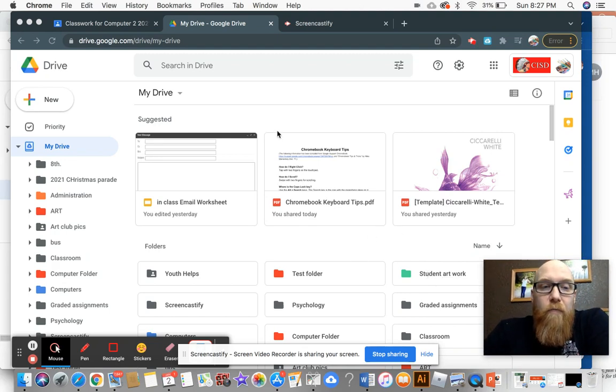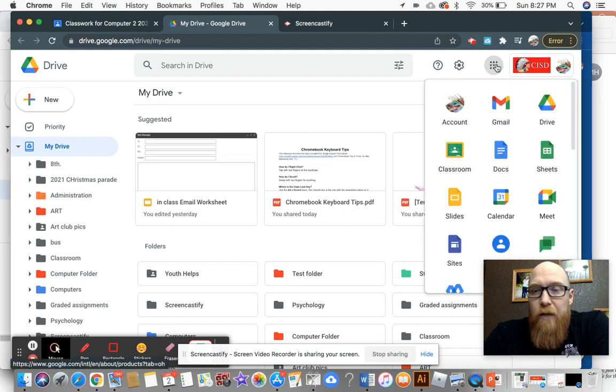Just going to go over this week's lesson and what you need to know to complete the Google Drive lesson. As you open Google and you go to your apps, you need to bring up Drive. If you don't know how to do that, you can simply type in Drive, or if you come up here to the top, right here, you'll see the 9 dots up here. You can click that. That should come up on any screen, and you can click Drive, and it pops up